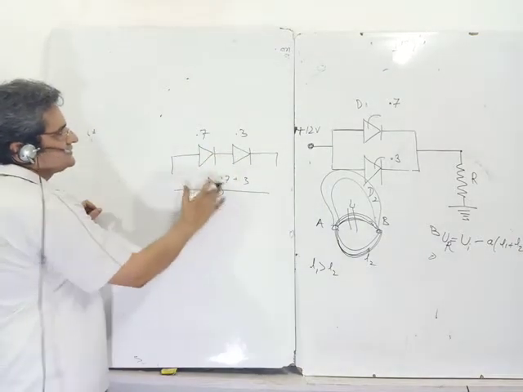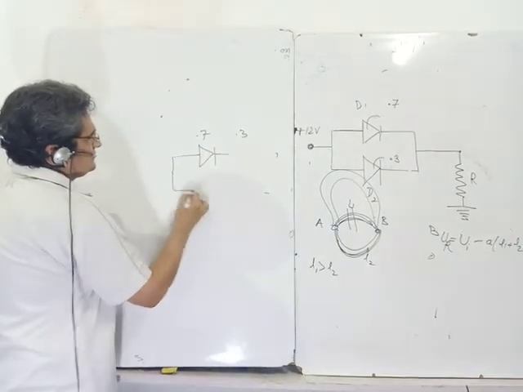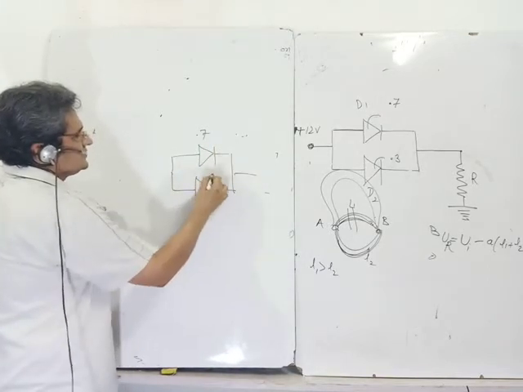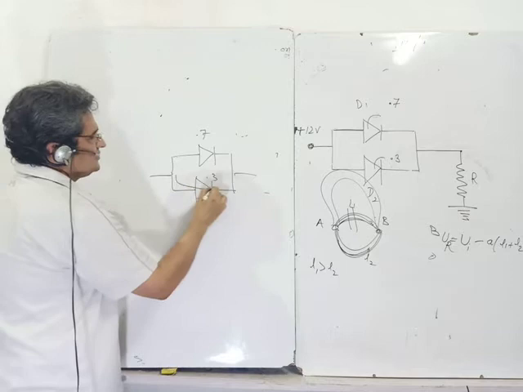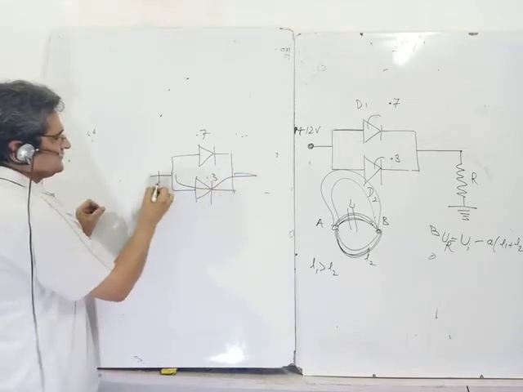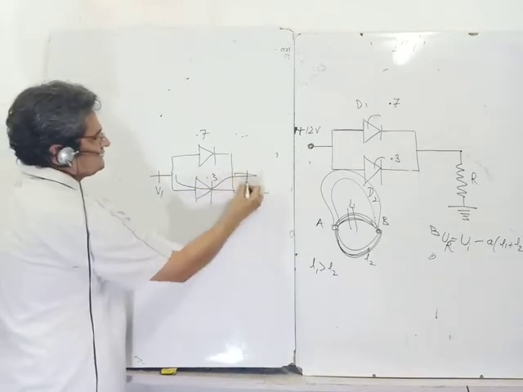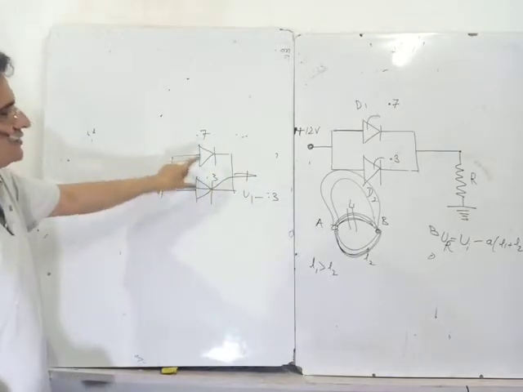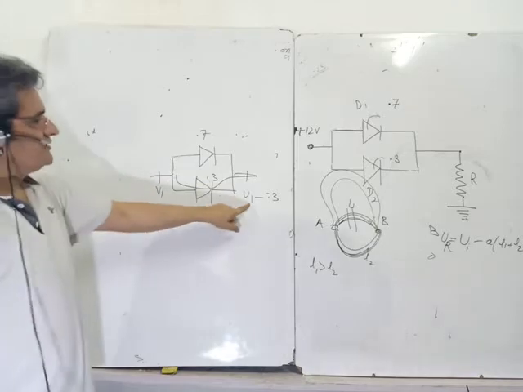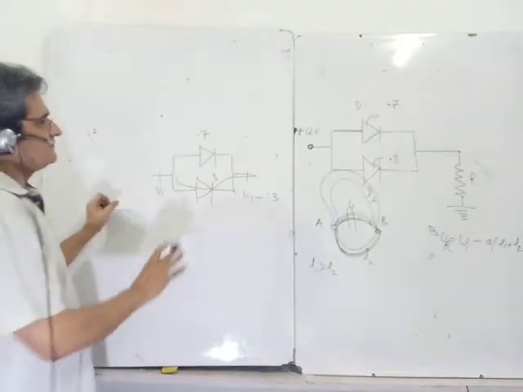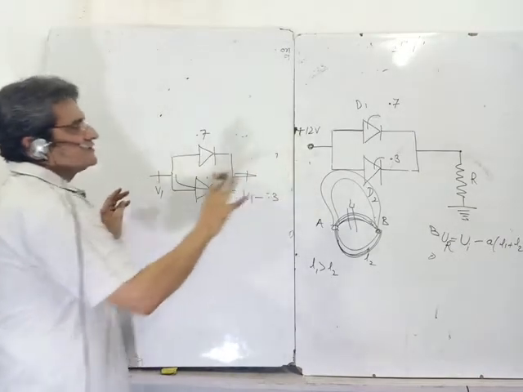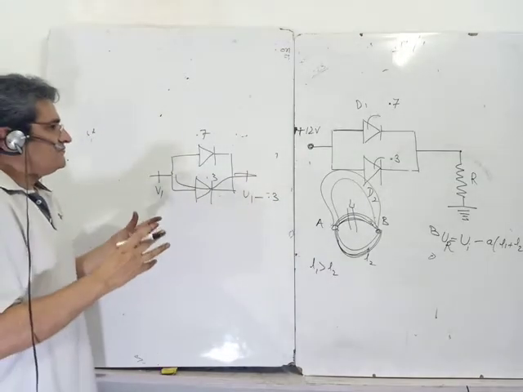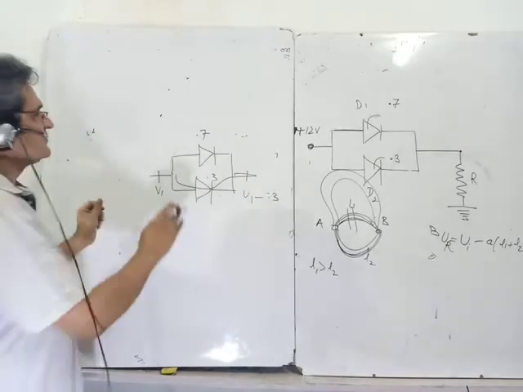Now had I connected them in parallel, this is 0.7, this is 0.3, this diode will be part of my circuit, and if potential here is V1, here will be V1 minus 0.3, not 0.7. The lower of the two will determine my potential at the other end. And this is when the diodes are forward biased. When the diodes are reverse biased, they behave like a barrier, means you can just treat them as open.